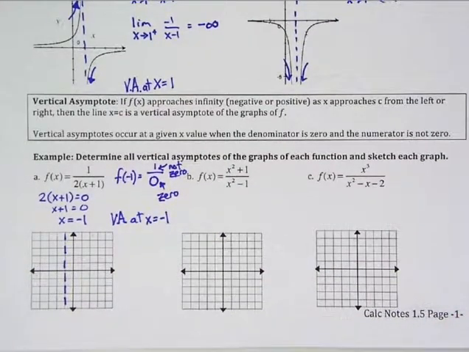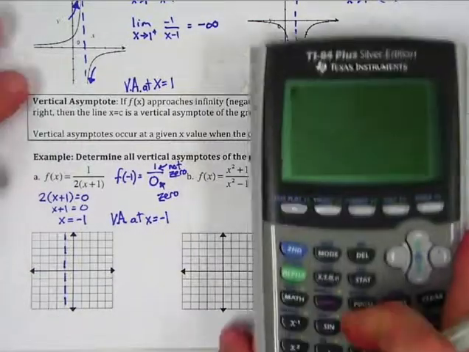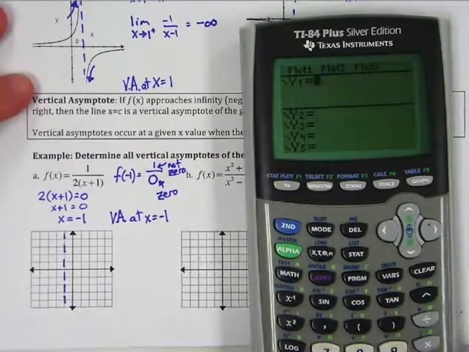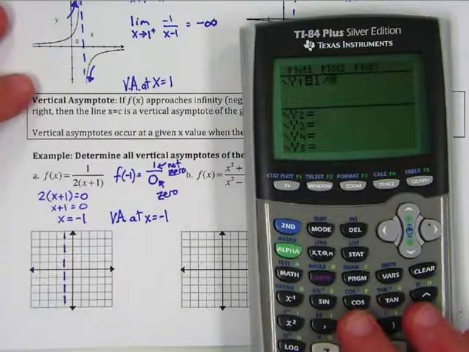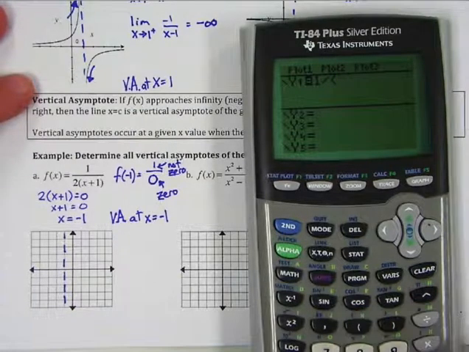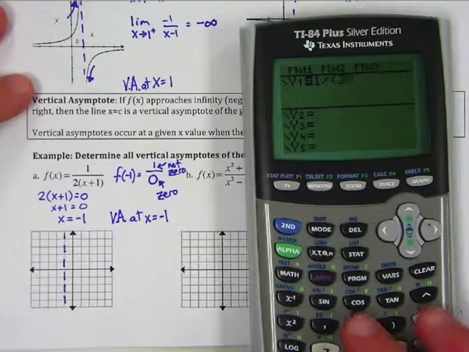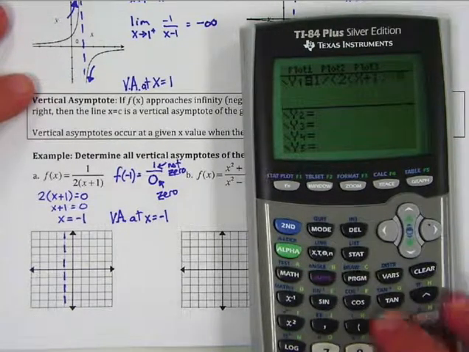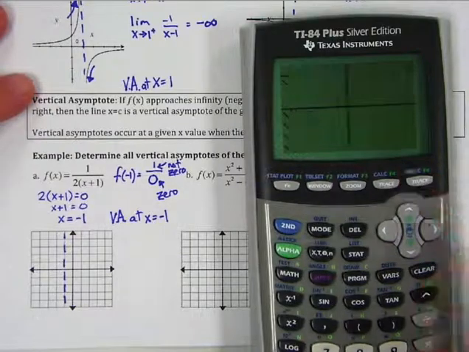Now we're going to go ahead and graph this just so we can see what the rest of this looks like. So in your graphing calculator, we're going to plot this. We have 1 divided by, and I'm going to put the entire denominator in parentheses, so I'll open 1 up there, 2 times x plus 1. And when we press graph,